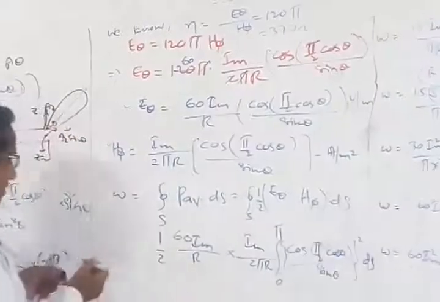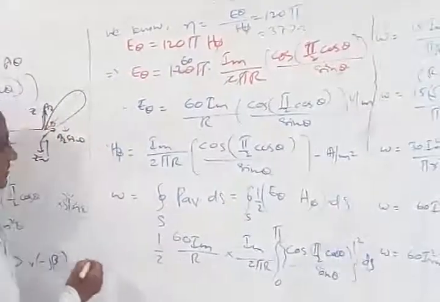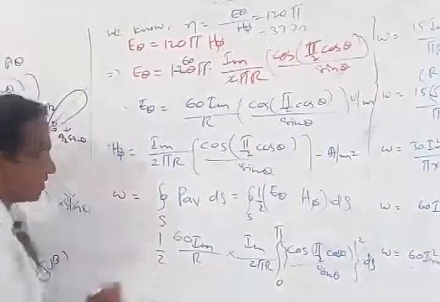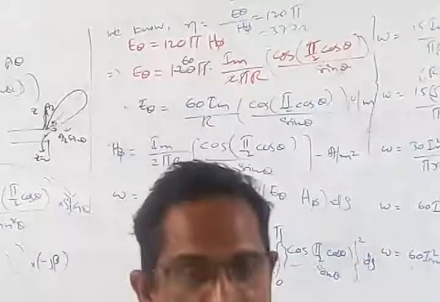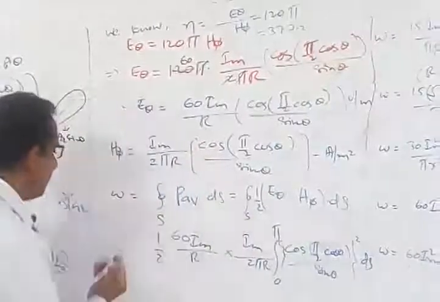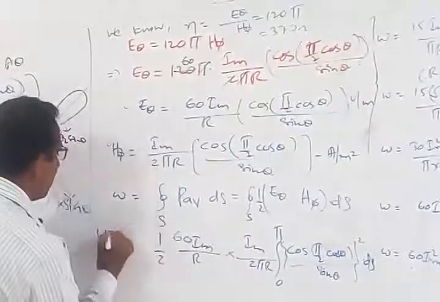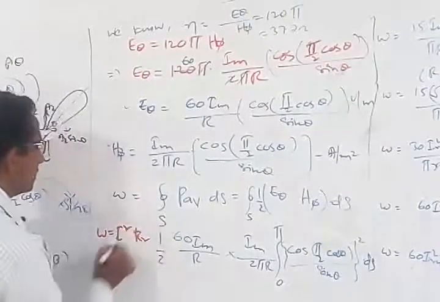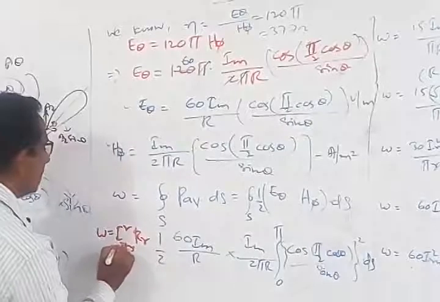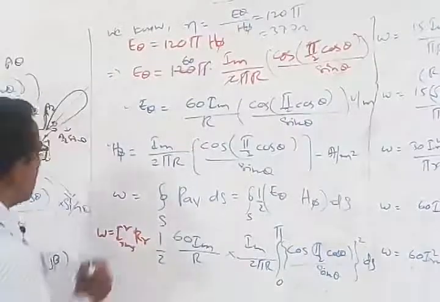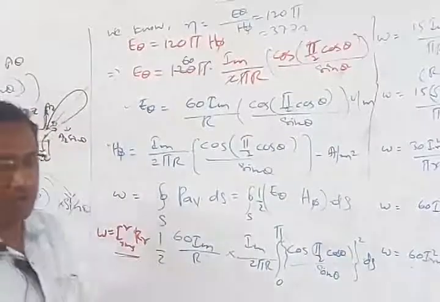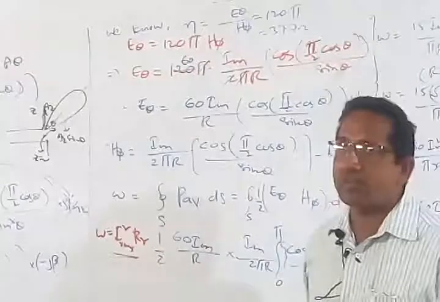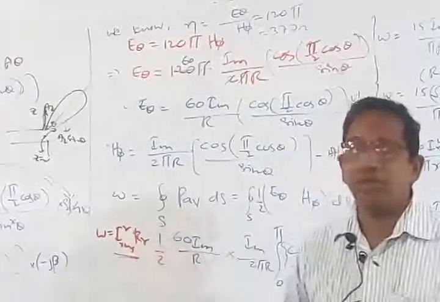Right, next we are going towards finding the radiation resistance. So what is radiation resistance? Basically it is related to the power. Why is it related to the power? The power radiated W is equal to I square R. Basically power W is equal to I square R, so this R is going to be the radiation resistance. Now I can write this I as I RMS, so the power is normally equal to I RMS square R. Already we discussed this in the class. Therefore we try to get this equation for power in terms of I RMS square into R r.